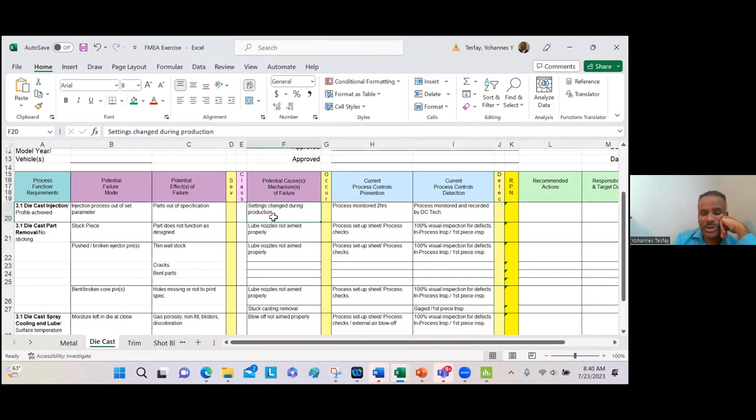settings change during production አሁን die-casting ማሽኑ ራን እያደረገ ያለ ውስጥ ሴት ያደረግነው አይዘር ቴምፕሬቸሩ ሊሆን ይችላል ሊቀየር ይችላል ፕሬሸሩ ሊቀየር ይችላል የተለያዩ ፓራሜትሮች ሊቀየሩ ይችላሉ that's what it is. Okay current control: process monitored every 2 hours. አሁን በየሁለት ሰዓቱ እየሄድክ ነው ቼክ የምታደርገው. Okay check የማድረግ ሜካኒዝም process monitored and recorded by the tech. Okay check ስለዚህ ሲቪሪቲው በጣም ሃይ ነው ለምሳሌ እዚህ